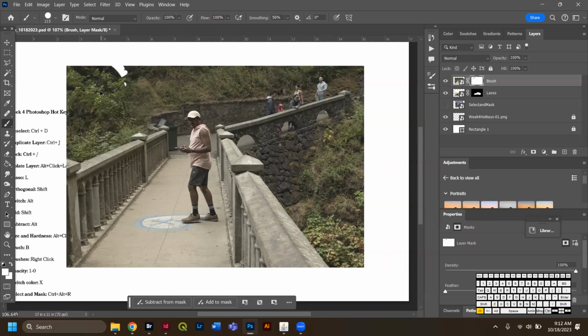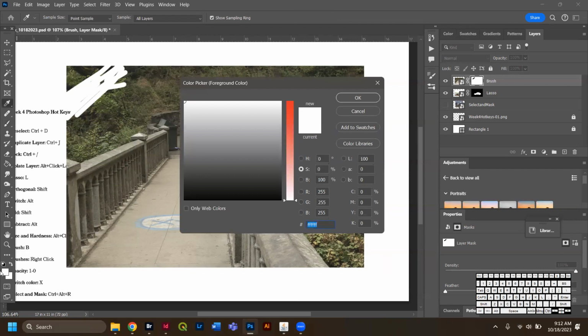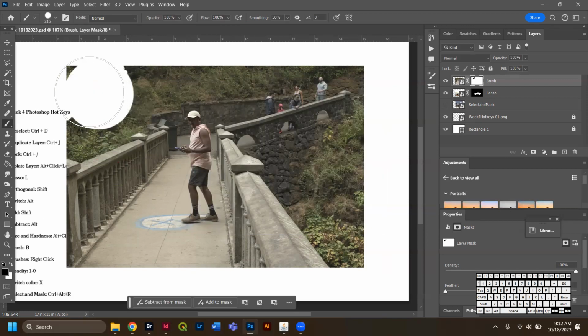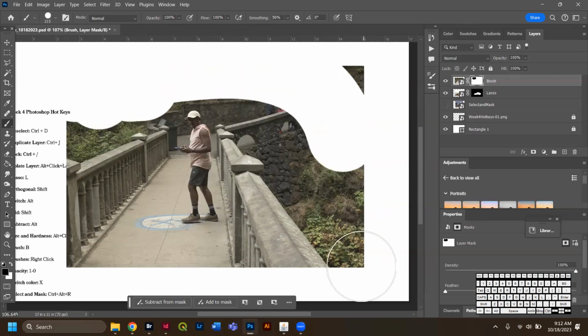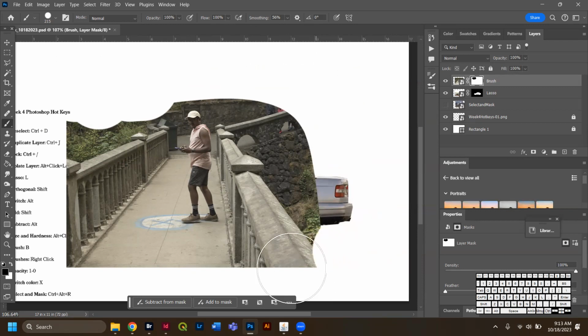Perfect. Oops. Press X and always press Control Z if you make a mistake, but we want to press... Okay, you can see that accidentally changed my swatch to all white. We're gonna click on that square. I'm just gonna drag this all the way down and make sure it's 0, 0, 0. Perfect, sweet. So we're going to go in, we're going to just erase everything